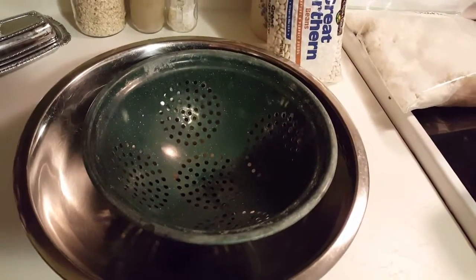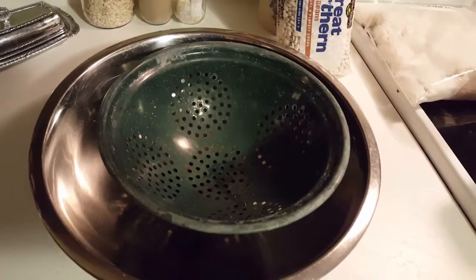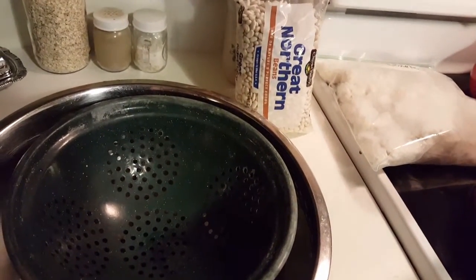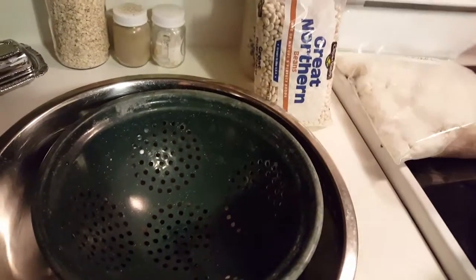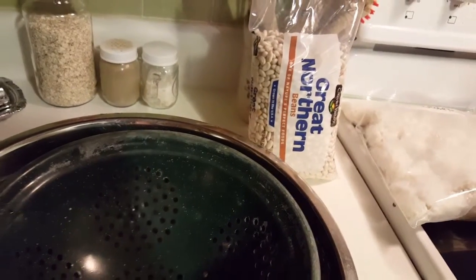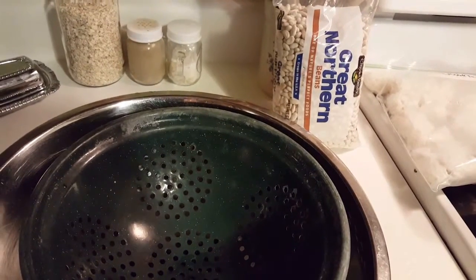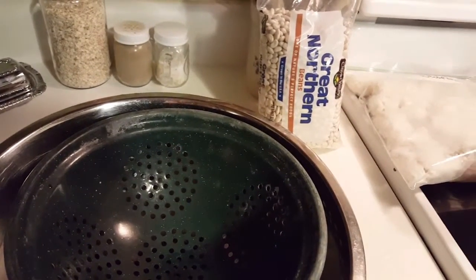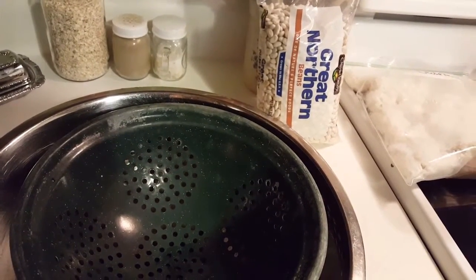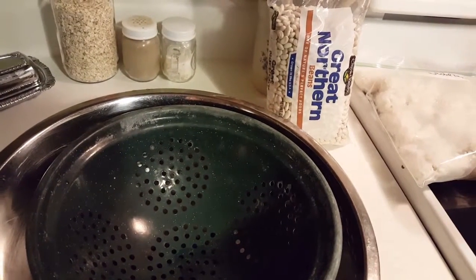Oftentimes, I prepare food ahead of time, but I'm not preparing meals necessarily. What I am preparing are ingredients. And today I'm going to prepare some Great Northern beans for the freezer. And once I have them frozen, I can incorporate them in a lot of different dishes. And that's the point of making the beans ahead, draining them, cooking them, draining them, freezing them,